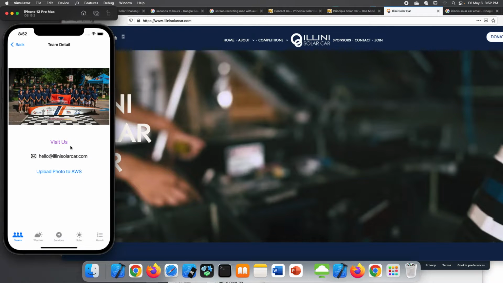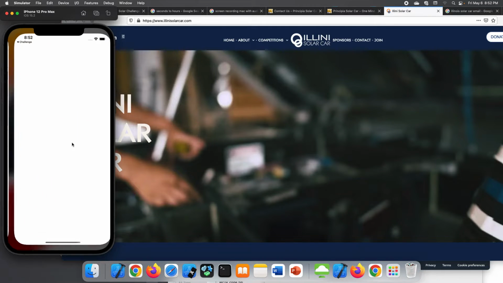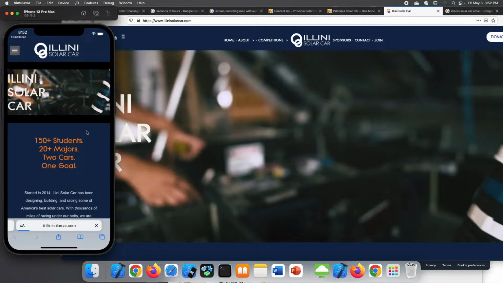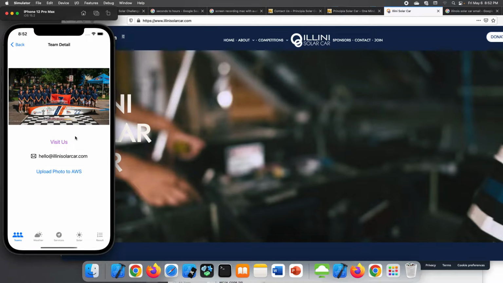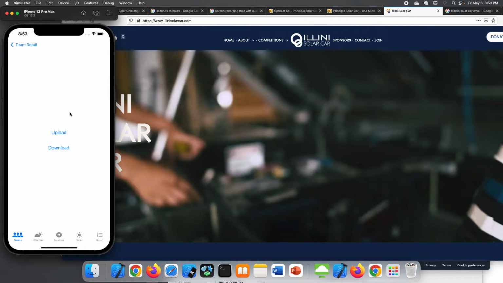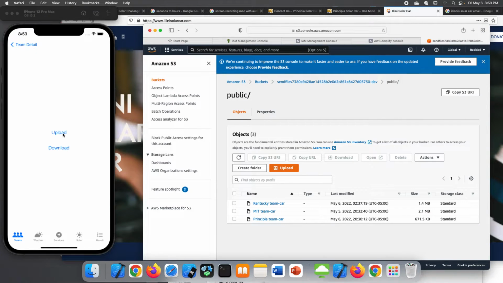So if I go down here, it shows their team, and if I go to visit us, you will see it's opening up their official website in Safari. So let's just go back, and this is their email, and when I put it down here and click, this is where we interact with AWS Amazon Amplify. If we say upload and we refresh here,